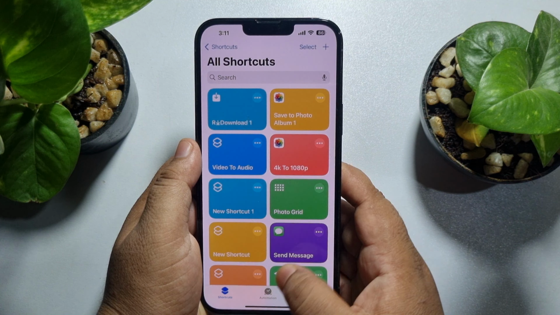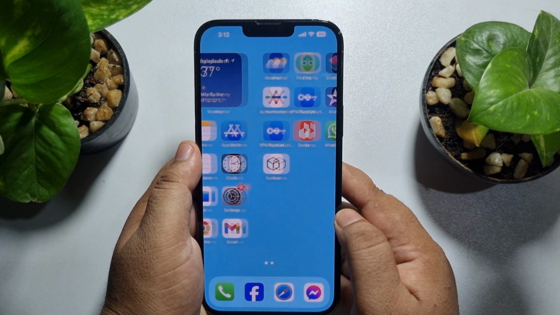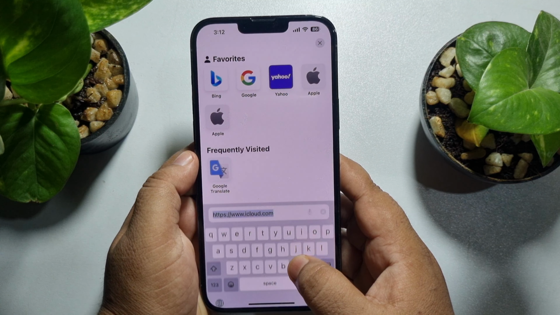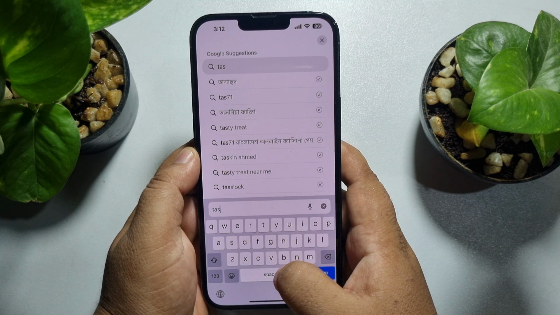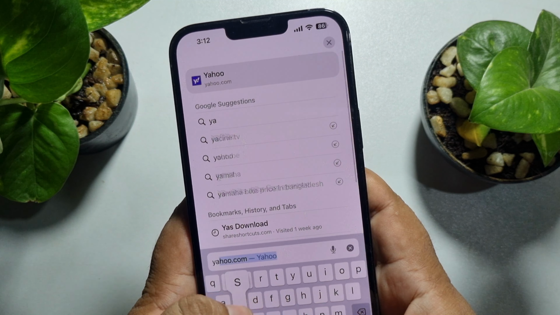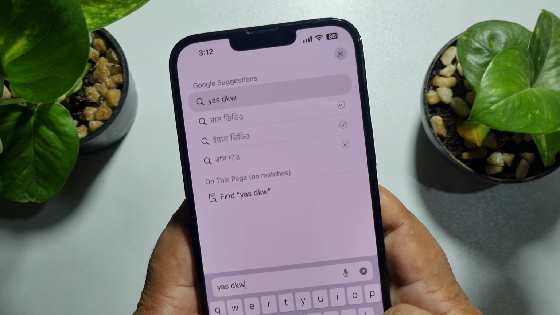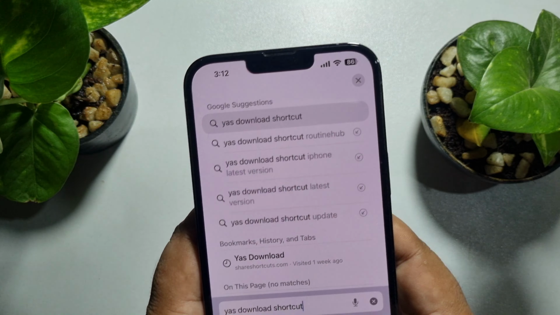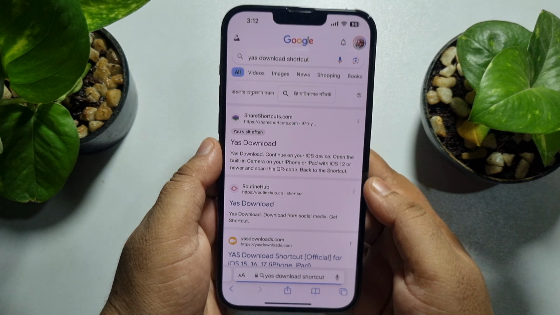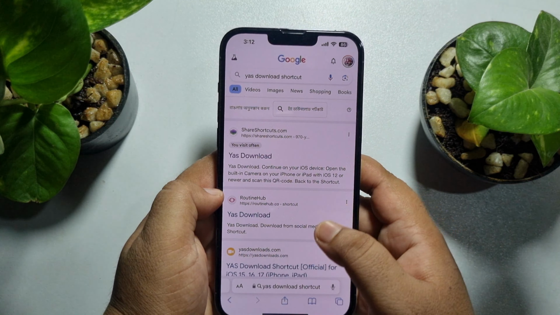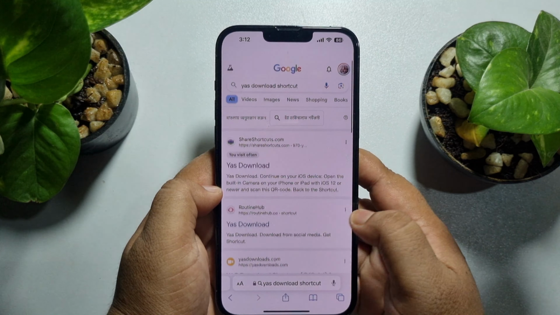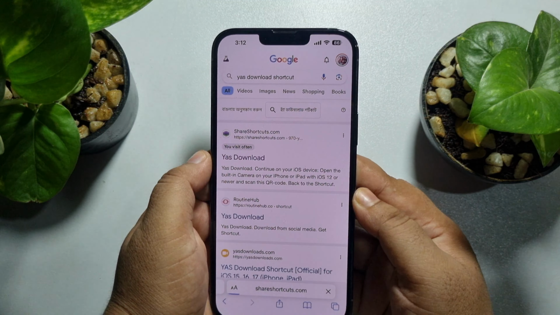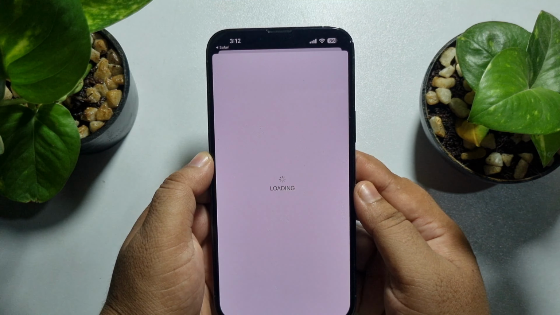shortcut. Once the Yes Download shortcut is deleted, go ahead and open a browser on your iPhone and simply search for Yes Download shortcut. And now to get the latest version of Yes Download, you have to open this website, shareshortcuts.com. So open this website and now